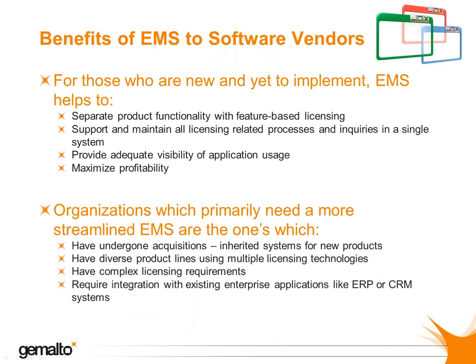So as we come to the end of today's presentation, I'll finish with a brief summary and just give you an example of how Gemalto handle entitlement management. So for companies who have some kind of license enforcement in place, whether it's homegrown or a commercial solution, an EMS can make your life